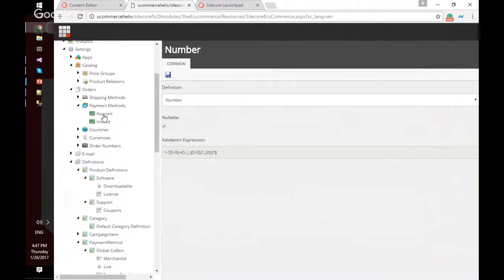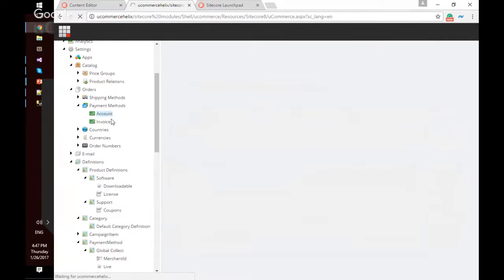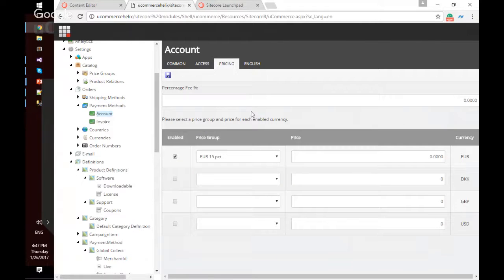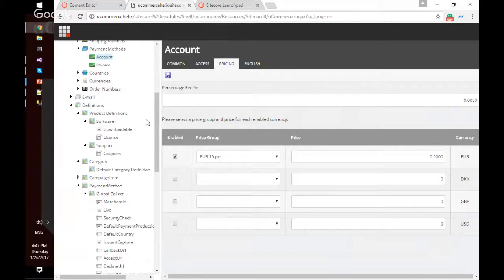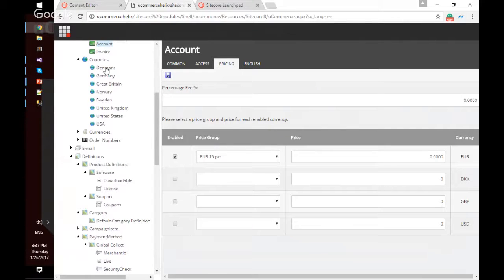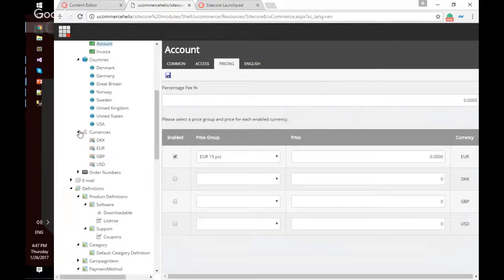And you can just define that I want to go through a credit card process, I want to go through sending an invoice, and then based on it you can define more information related to that payment method. Same thing with the shipping. It comes with a list of countries that you can ship to, currencies available, and you can add as many currencies as you wish to have, your countries, and the